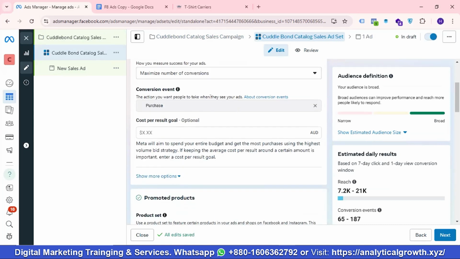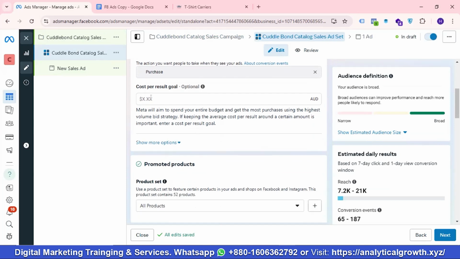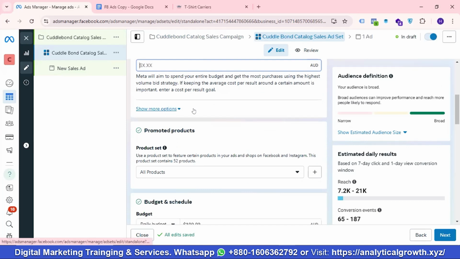Okay, as the conversion event purchase is by default selected. Okay, so I'll keep it as purchase. Then if you want to use cost per result goal, then you can give it, but for the time being I'll not be using any cost per result goal. Okay,